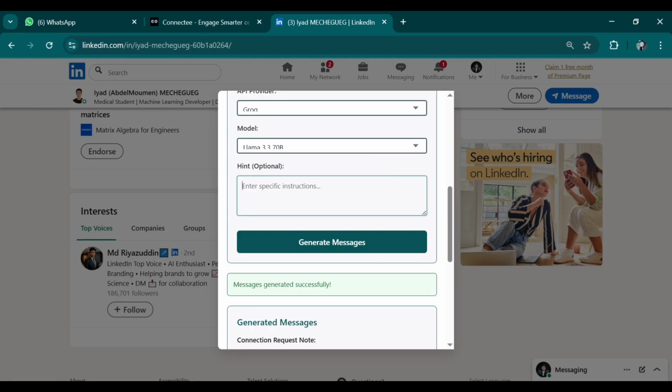Suppose that I am an automation expert and I want to pitch that person about AI automation. So I should write in the hint that I am an automation specialist, kindly generate messages like that. I want to provide him automation services for their business. Suppose he has a business and I want to generate some follow-up messages and connection request messages,